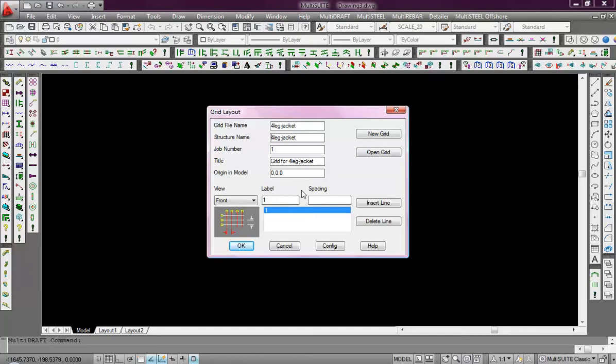We have three parts: view, label, and spacing. In the view, we have a front, right, and elevation that we can define the spacing for the front, right, and also for the elevation. For the front, in the spacing, which is based on the millimeter, I add 1000,